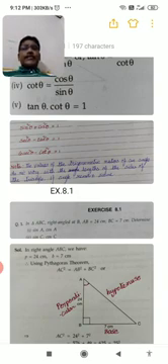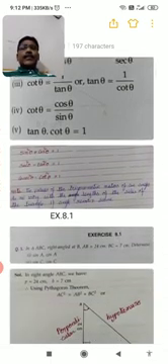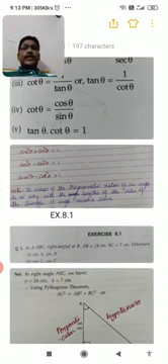In the coming exercise, we are going to solve the sums in two ways. By using these three formulas, we are not using any diagram. I mean, without a diagram, we can solve by using these three. With the help of the diagram, we are using these 6 formulas. Clear to you? With the diagram, we are using 6 formulas. Without the diagram, we are using these 3 formulas only. Two ways we can do the sum.